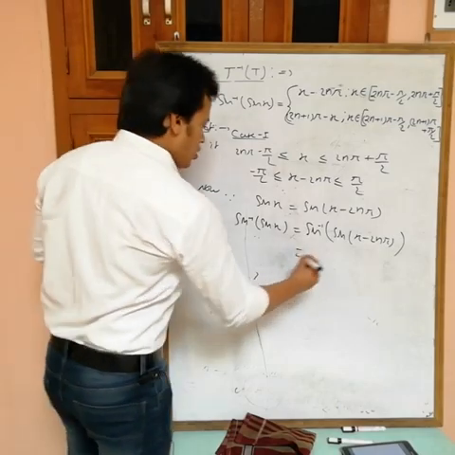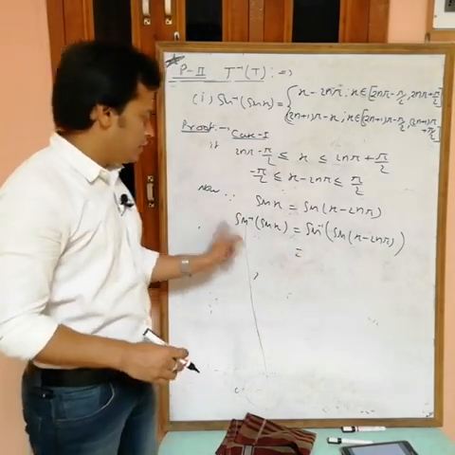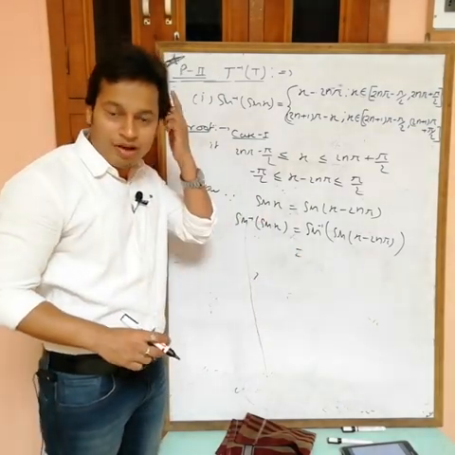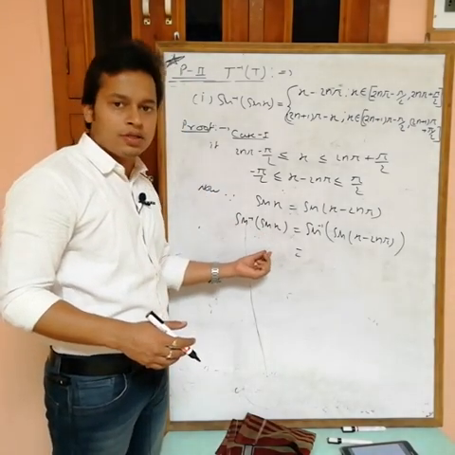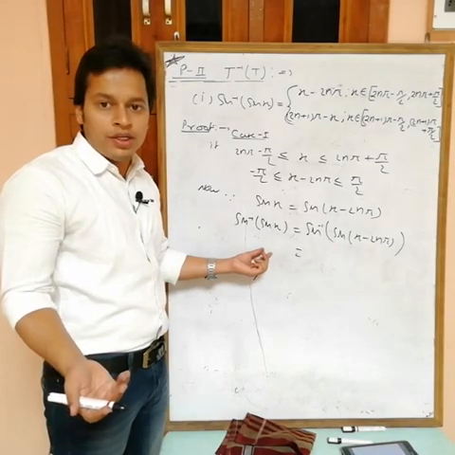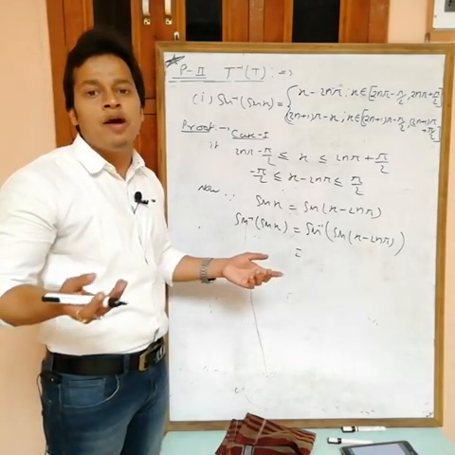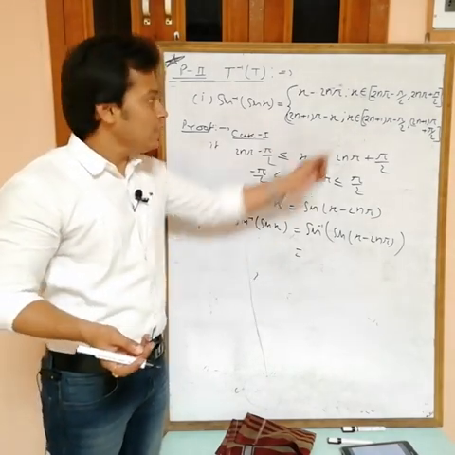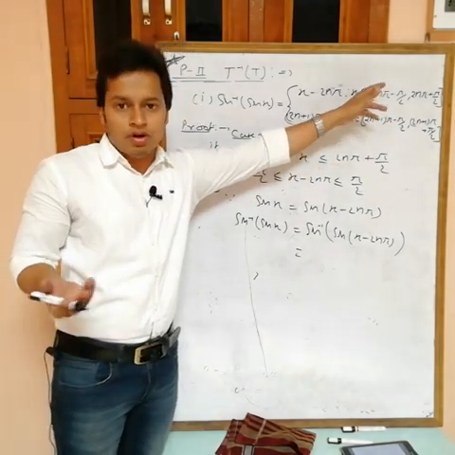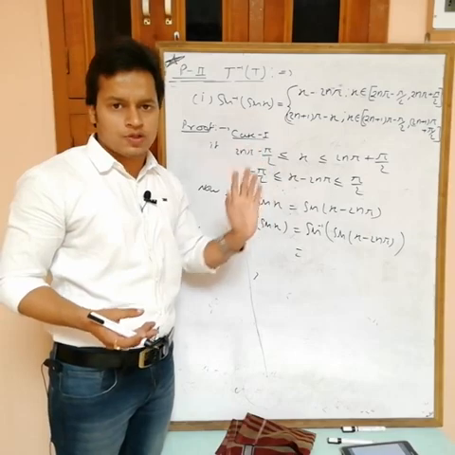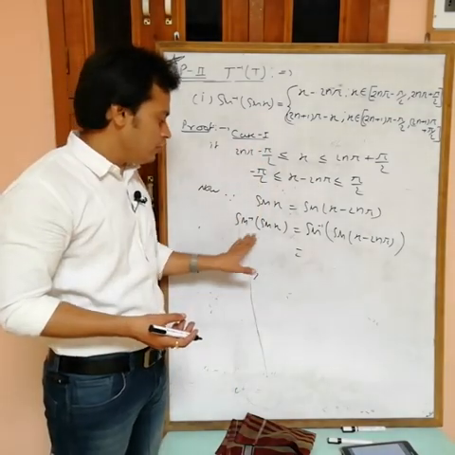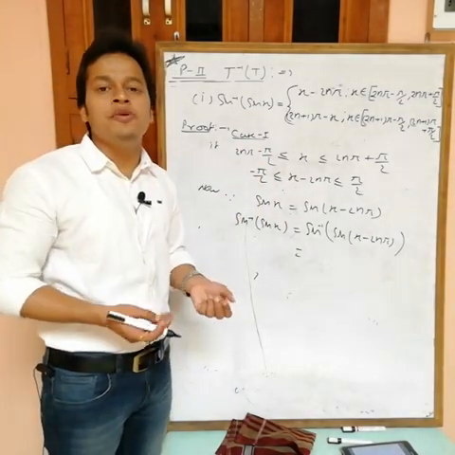Now here you can't cancel out sine inverse with sine. Why can't we cancel out sine inverse with sine? Because if you cancel out, then you will get x, and we don't know whether x lies in the interval minus pi by 2 to plus pi by 2 or not. X lies in this interval, and this is not minus pi by 2 to plus pi by 2. We are taking the case of x from this one to this one. So here you can't cancel out because the value of sine inverse is always from minus pi by 2 to plus pi by 2.